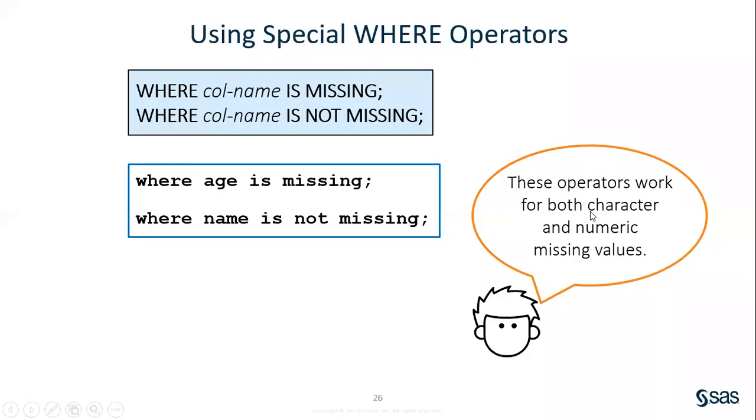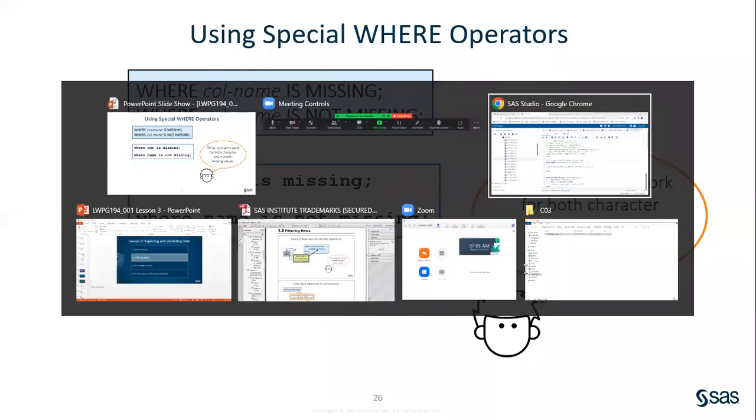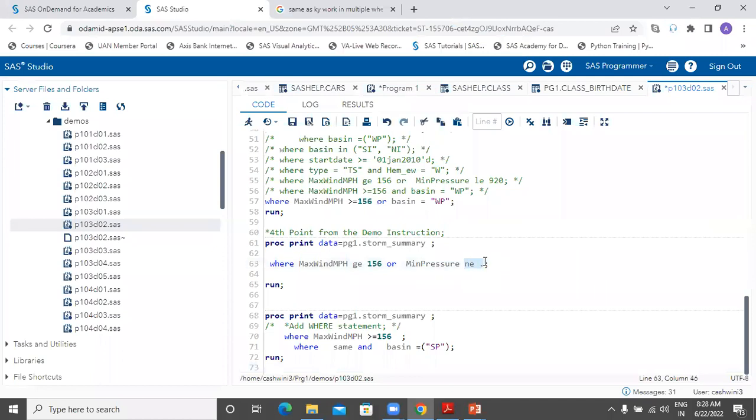Okay. So along with your other operators like and or, you can also use some special operators like is missing, is not missing. So if you want to select a missing value, you write the keyword is missing, or if you do not want to select any missing values, you write is not missing. So in your current example where we were saying not equal to missing, here you can also write the same thing where you can replace this